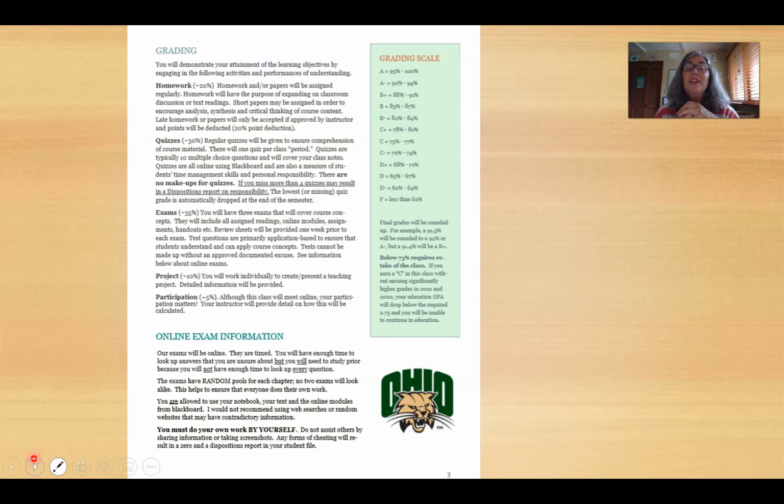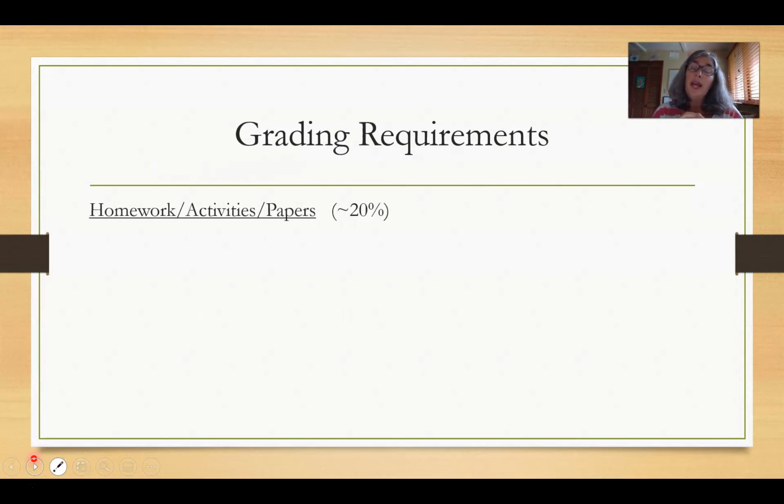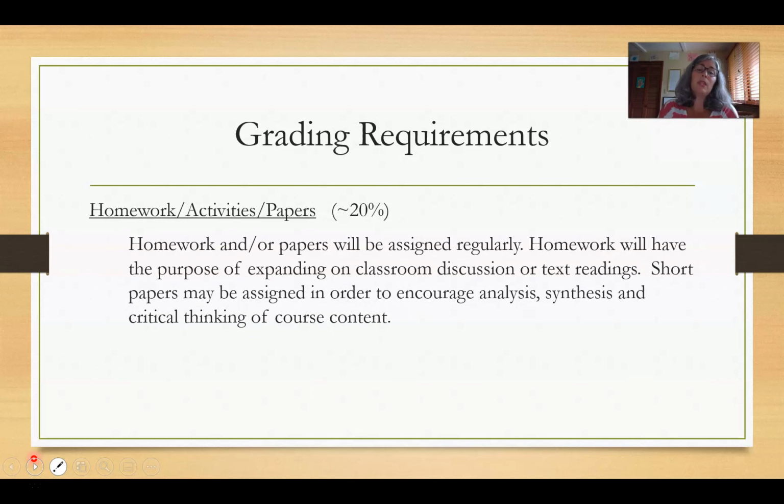Okay, so we're now on page 3 of the syllabus. We're moving along. This is what page 3 looks like. Grading and course requirements. You will have some homeworks in this class. I do not have them listed on the tentative calendar because I like to figure those out as we go along, kind of seeing where we want to spend more time.